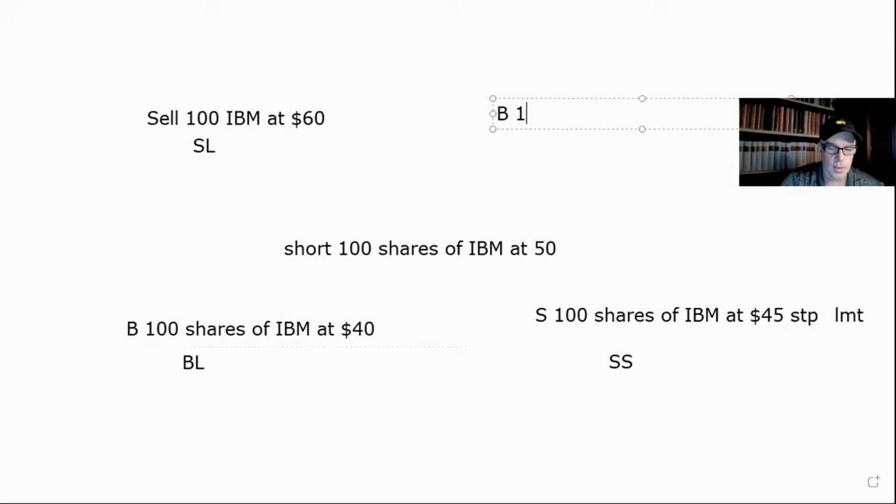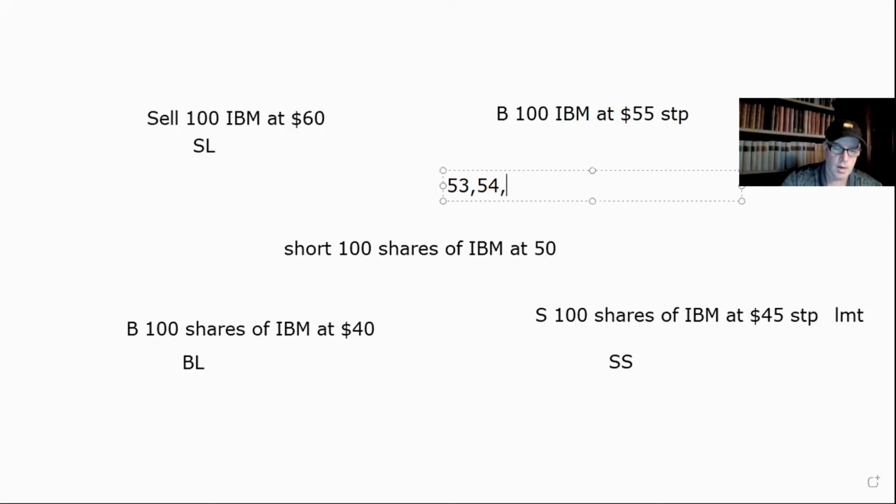So I'm going to place a buy 100 IBM at 55 stop. That means as long as the stock is below 55, no one knows it's there other than you, me, and the system. But once it trades at 55, it's going to automatically trigger and become a market order and buy on the next trade no matter what. So we'll try it again. Stock is trading at 53, don't care, 54, don't care, 55, boom, it triggers, and the next trade is 56. So then I will buy it.